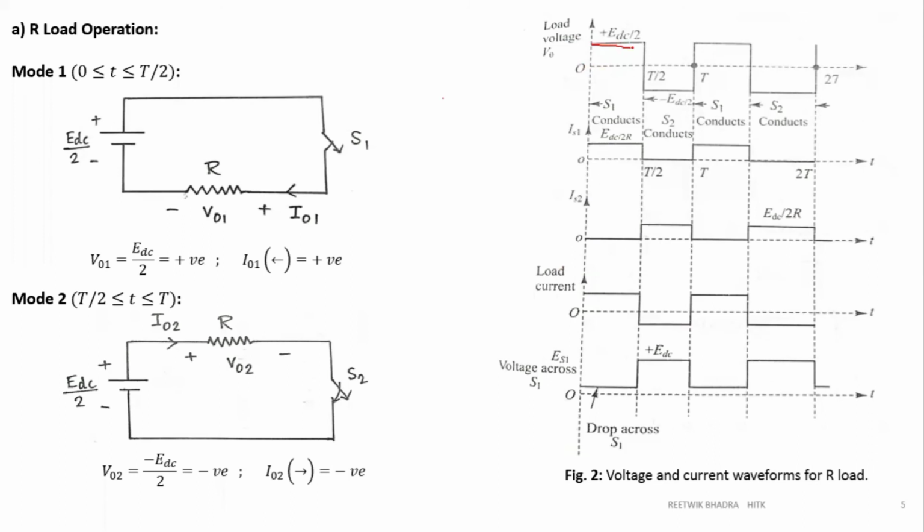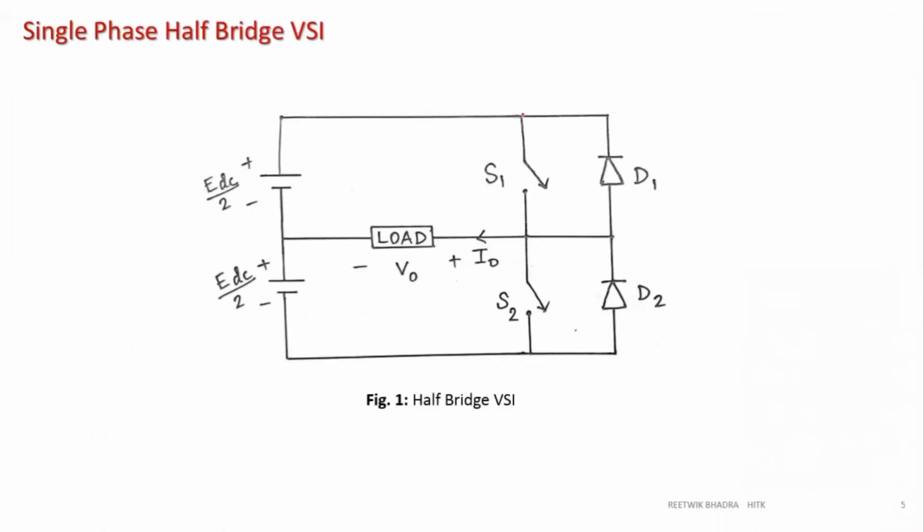Now, over here S1 is on, and over here S2 is on. As soon as S1 goes off, S2 is on. By chance, if S1 is on for some microseconds more, because you are giving a turning off circuit for a thyristor, you are using a commutation circuit, and if that commutation circuit has some delay, it will remain on for some more period. So at one moment of time, S1 and S2 will both be on.